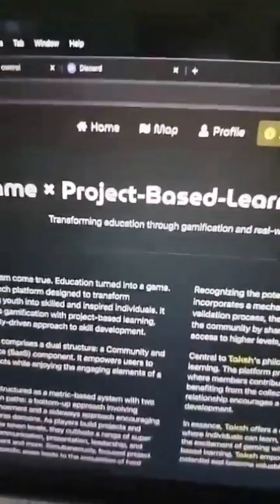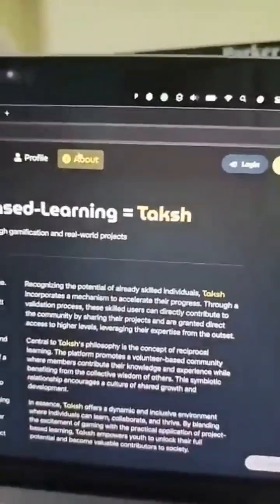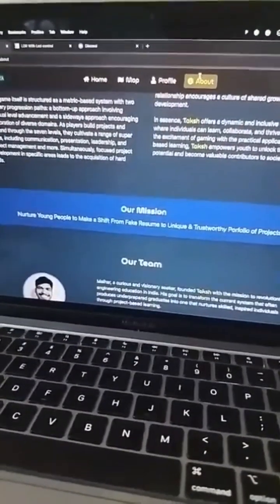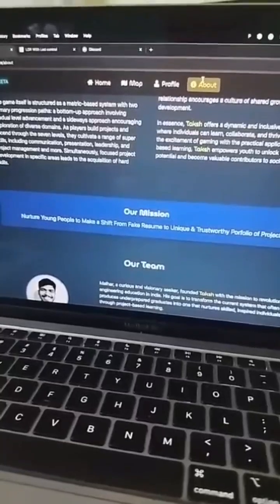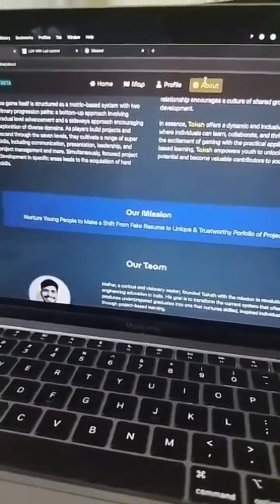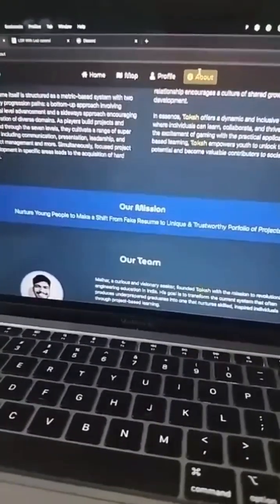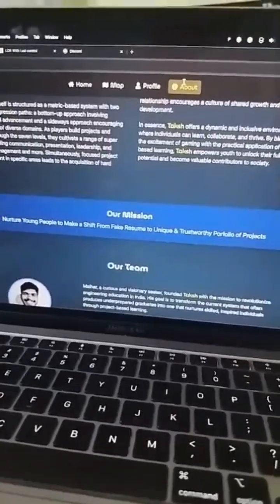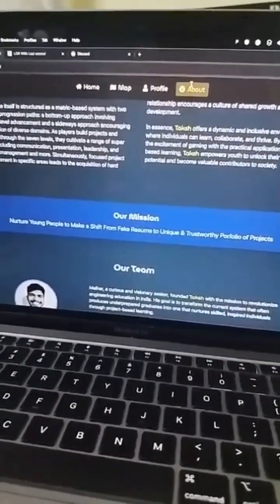By the end, I'll just resonate you with the mission that we are on. Can you go into the about page? So in the about page, you will find why we are here. Basically, we are building a game with project-based learning, and that's what Taksh is. It's going to be a game. You will read that later on, but this is our mission: to nurture young people. Age is just a number. I'm saying to nurture young people to make a shift from fake resumes to unique and trustworthy portfolios of projects,